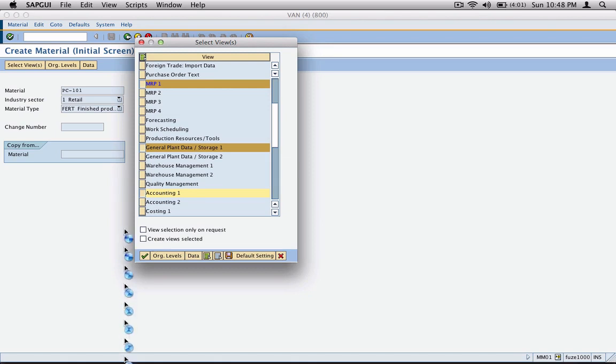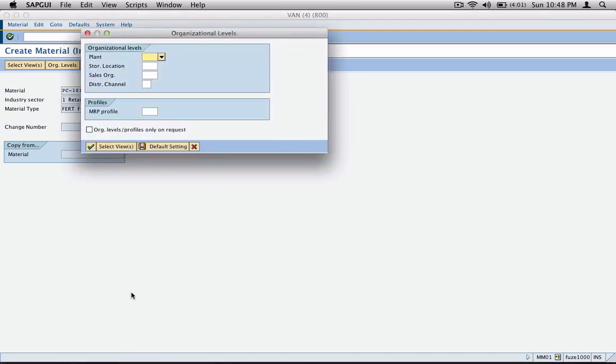Now that we have selected the views, let's click OK, and let's choose the plant as 1200 and the storage location as 0001. Sales org is the usual 1010, and you can as well choose 3000 and the respective plants if you are comfortable with the 3010 sales org. You can even do it in your own sales org now that we have done the enterprise structure class. I'm choosing 1000 because this is something that we are all very familiar with. Alright, click OK